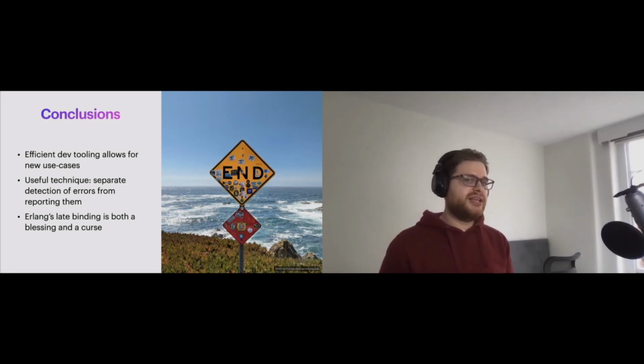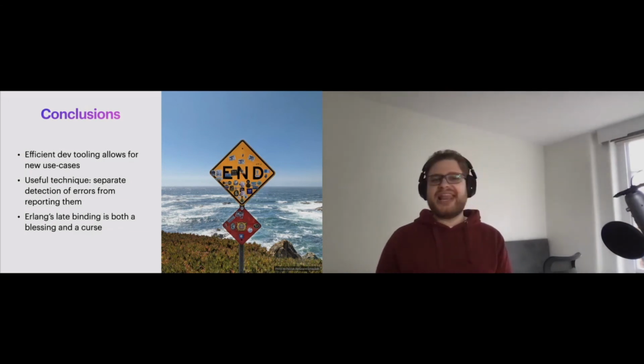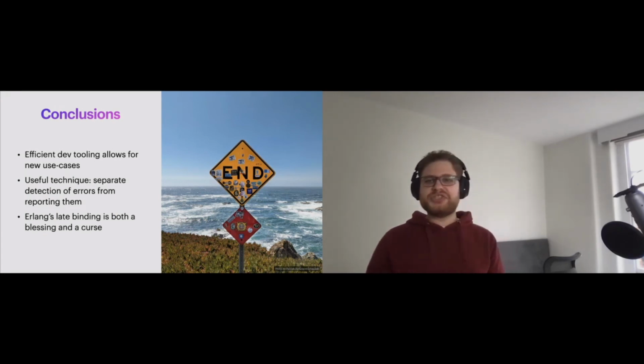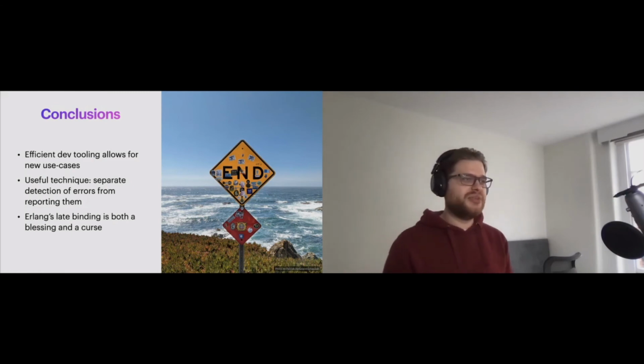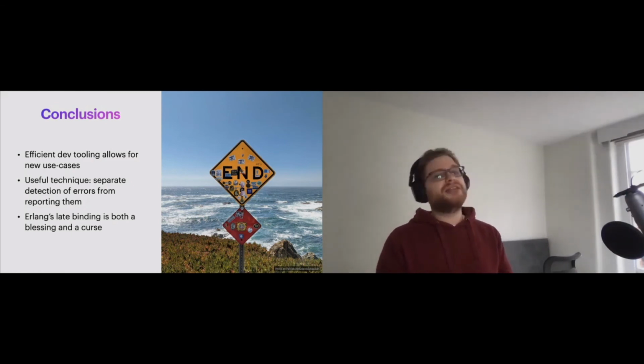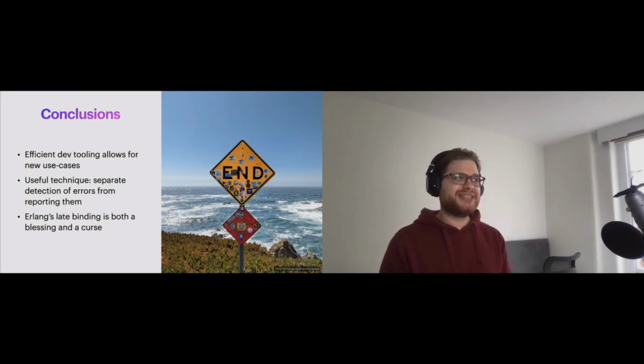And finally, Erlang's late binding, or Erlang's hot loading, is both a blessing in case you need it, or you can log into the shell and do whatever on the node and debug things. But it's also a curse in cases like this where you have to additionally handle it.